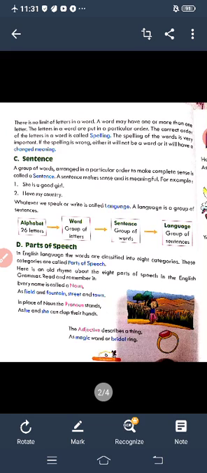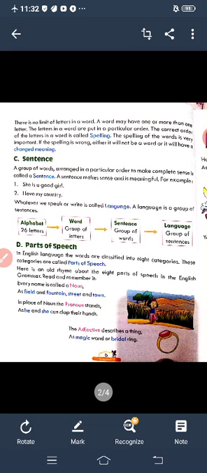And dear student, language is a group of sentences. What we have discussed: there is the alphabet, under which 26 letters are there, and if we join them properly, they will become a word, a group of letters. Then if a group of words is there, it becomes a sentence, and a group of sentences will make a language. Okay students,